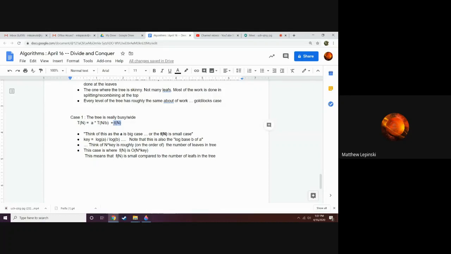So remember, for binary search, this was tiny, because in binary search, it only takes constant time to split a list in half. But for merge sort, we needed to do some recombining. For median finding, we needed to do some pivoting. So all of the stuff that is not recursion is captured in this f of n. So if f of n is small compared to the number of leaves in the tree, then